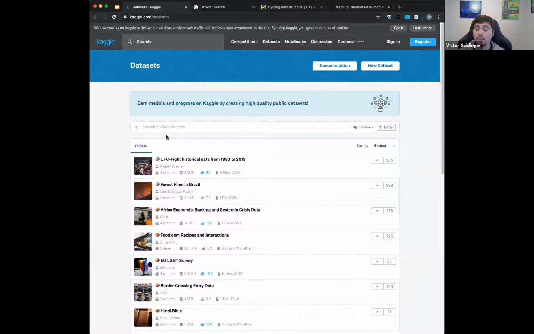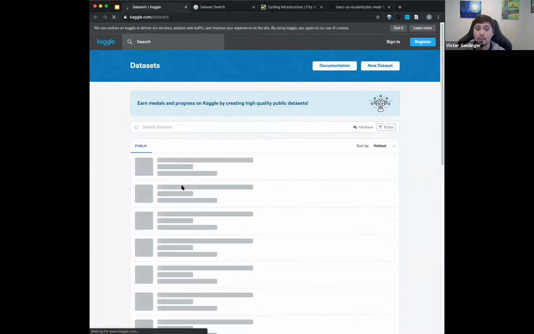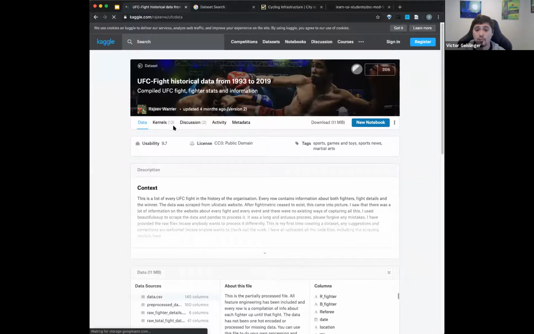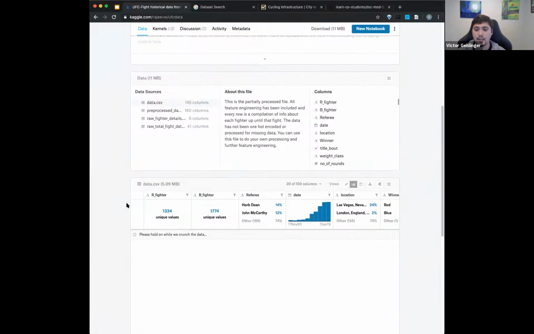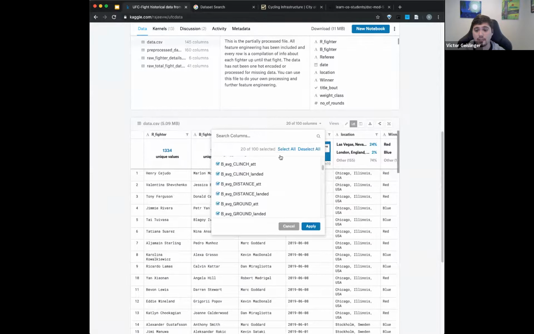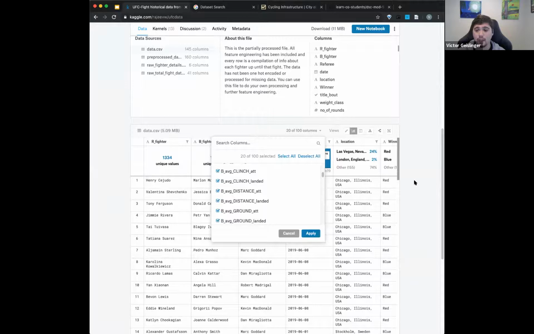Data sets for Kaggle, I really like recommending because a lot of times you can just search for different data sets in here, but also you can take these data sets and see what other people have done. So this is a great way to start off a first project. Here's the data, and it gives you a good summary of the distribution of data, if it's well distributed, the different columns and such. You can see here, this has 100 different columns and things, and you can get a quick preview. So Kaggle's a really nice way to check out this information.